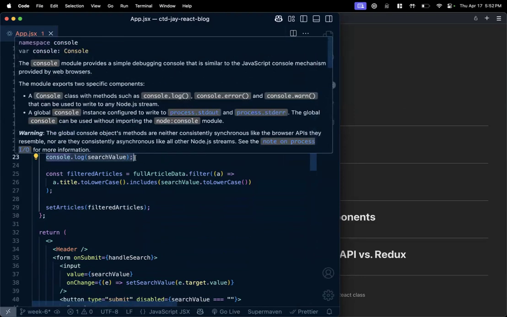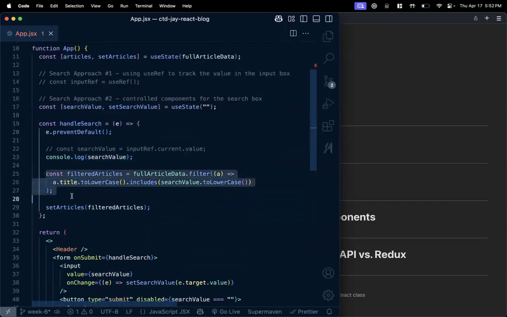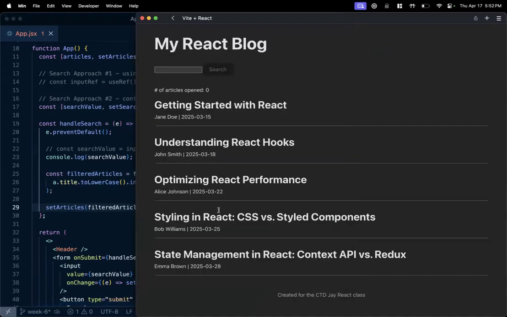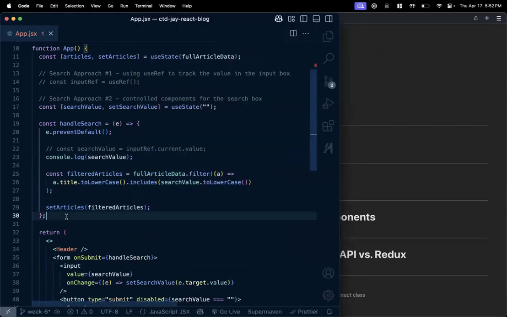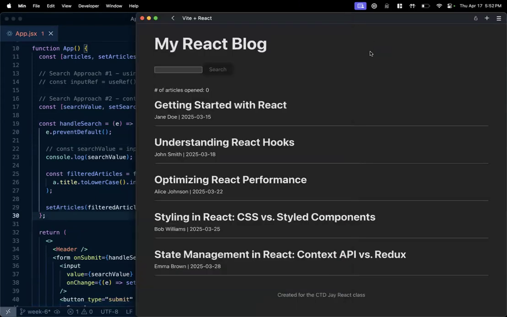We just console logged it for fun. We filtered the list, and then we set the state of the articles to update what we were showing in this list. Now, the cool thing we can do with a useEffect is, instead of making someone press the search button, we can do searching on the list as someone types in the field,